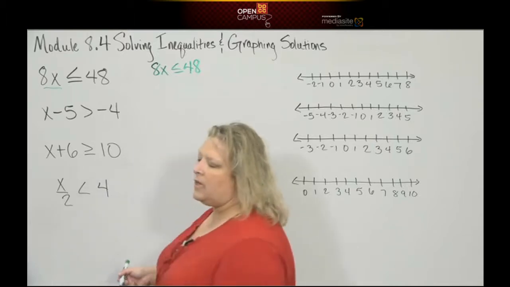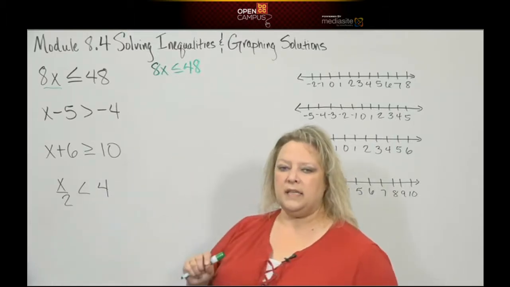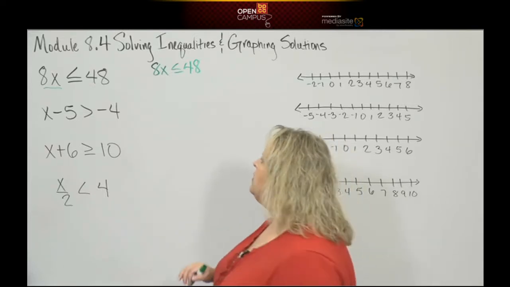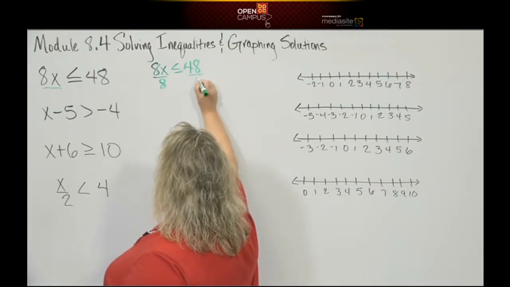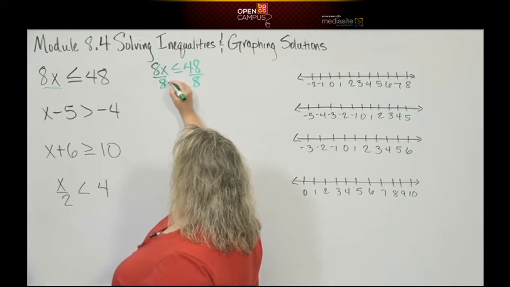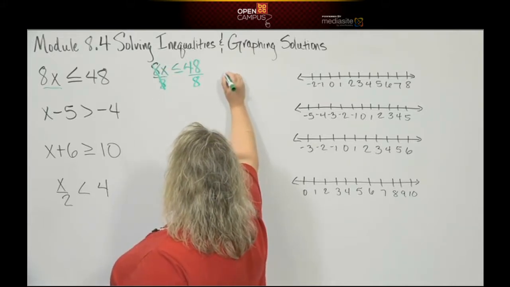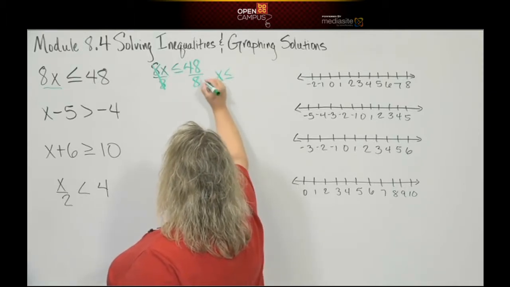When you solve an inequality, what you're really doing is treating this inequality symbol as an equation, as an equal sign, just long enough for you to do the solving. So we're going to do the opposite here and do division. Divide by 8, whatever's attached to your x. 8 divided by 8 is 1, so that leaves me x less than or equal to 48 divided by 8